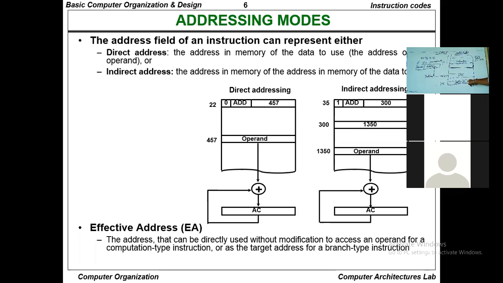हमें डाटा का ऑपरेंड का एड्रेस इंस्ट्रक्शन में डायरेक्टली गिवन नहीं है। अगर यहाँ पर ऑपरेंड का एड्रेस होता तो दैट इज डायरेक्ट एड्रेस। अगर इंस्ट्रक्शन में मेमोरी का एड्रेस है, उस एड्रेस के ऊपर एक और एड्रेस है, उस एड्रेस के ऊपर वो ऑपरेंड पड़ा है, तो दैट इज कॉल्ड इनडायरेक्ट एड्रेस। इसको हम क्या बोलते हैं? इनडायरेक्ट एड्रेस।